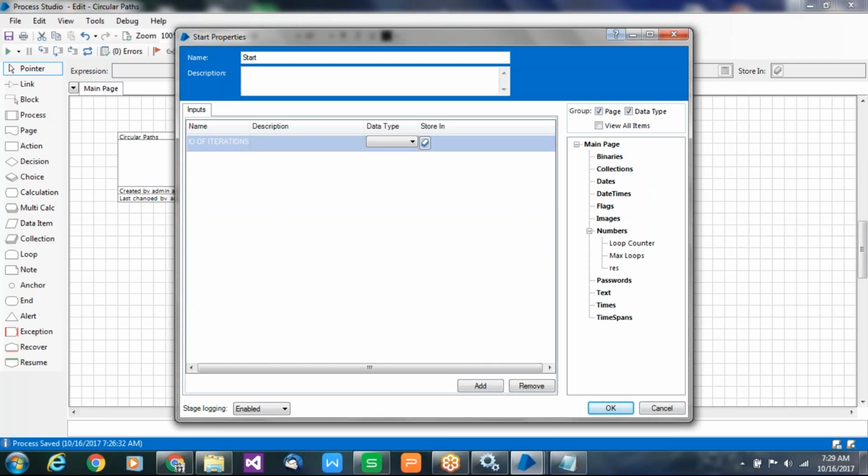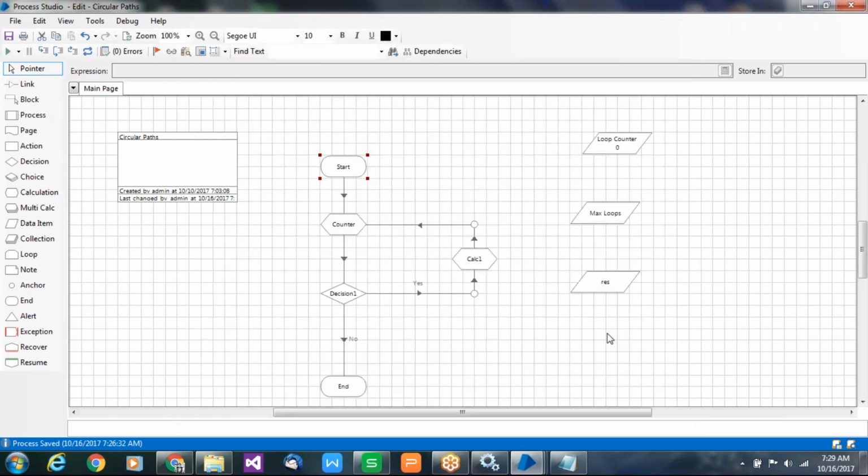One variable you have to declare, number of iterations or something, for how many times it should run. Where do we need to store it? Sai, where do we need to store it? Max loops. Yes, max loops is the option, because it is empty. Our concept is that I want to get the value from the main process only, to receive the value as an input parameter here, and based on that the circular path exercise is supposed to run.